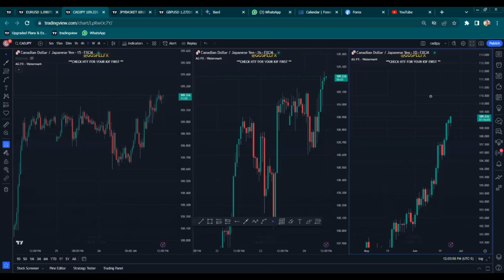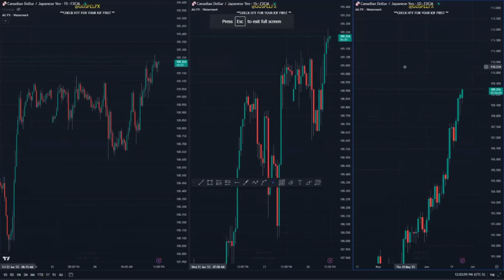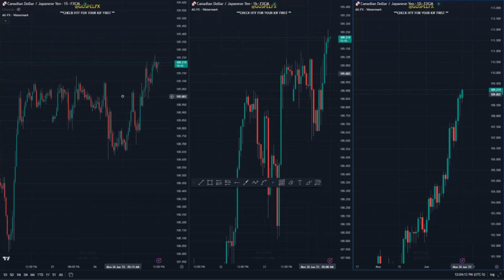All right, so now I'm going to illustrate on my screen here. You will see 3 time frames. Okay, on my right here I have the weekly chart. In the middle, the medium time frame, I have the 4-hour, and then on my left I have the smaller time frame, which is the 15-minute. Okay, so I'm going to show you how I came to choose these 3 time frames